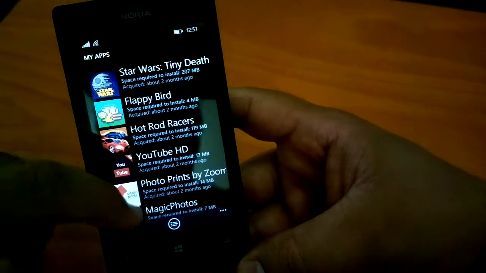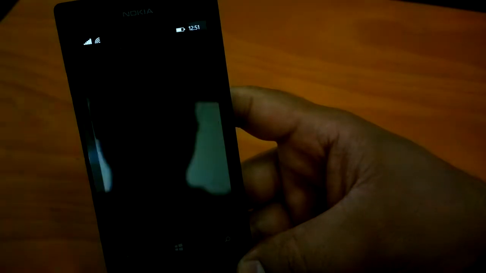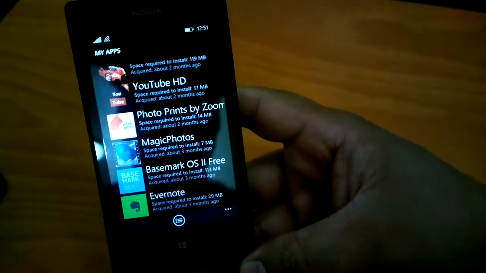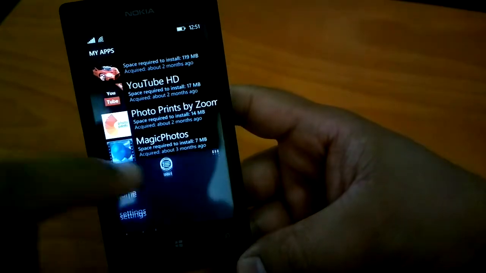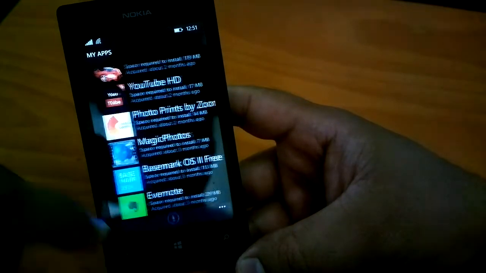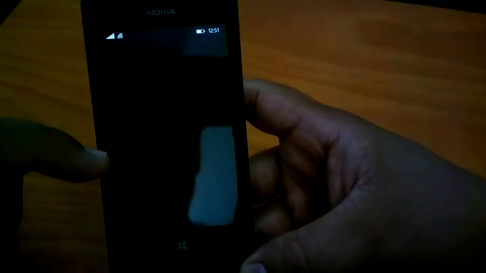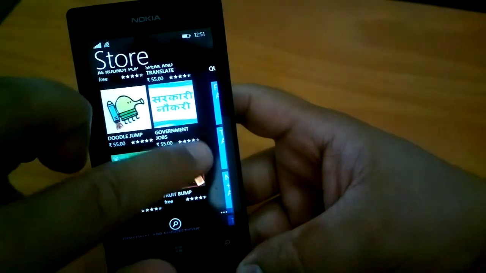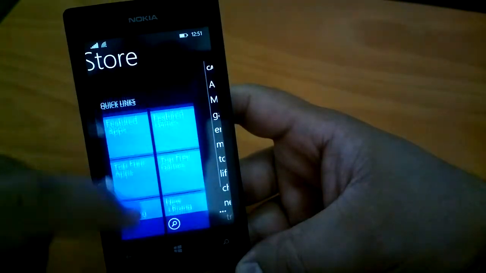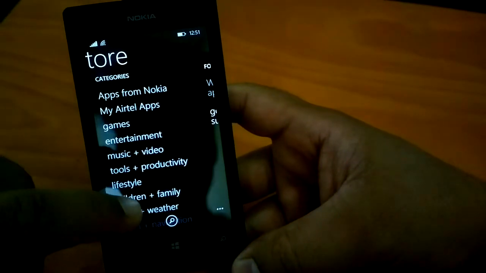In case you have purchased any application, it just shows that you can go and install. So there is no terrible buy option again. That is amazing, and one good thing is that you can select all the applications and install them, in case they are not already on your phone. Now coming to other stuff, this is the new UI. You can just see how they have listed it.